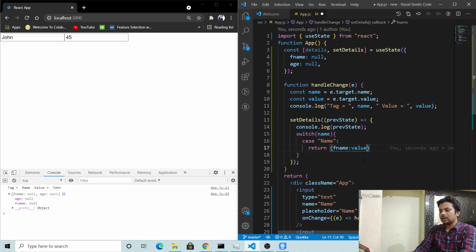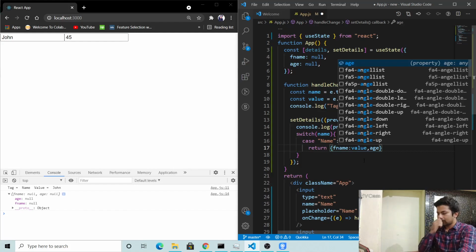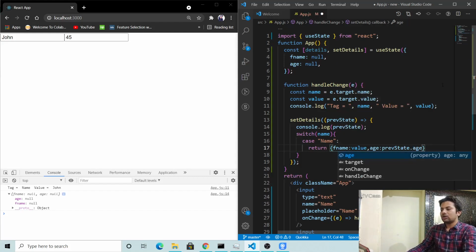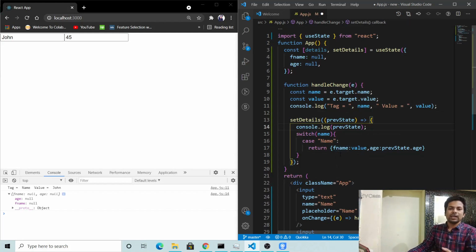so I will set it to the value variable, and if it's age, then age will be previous state dot age. I am telling it that previous state will be my age variable, whatever the age was previously; I had a null, so it will set the null or 4.